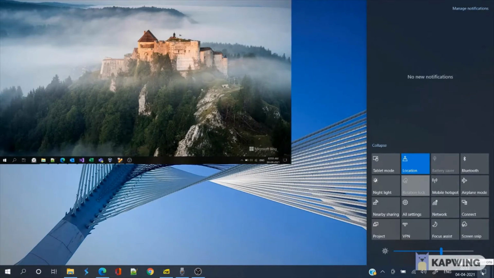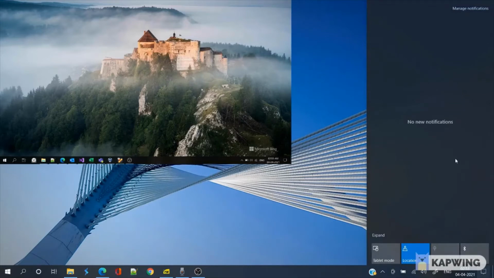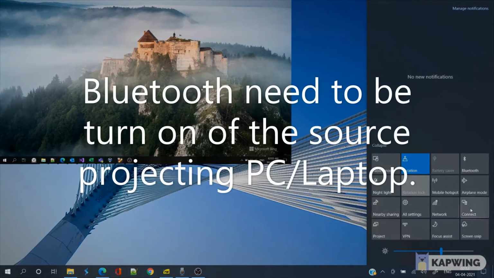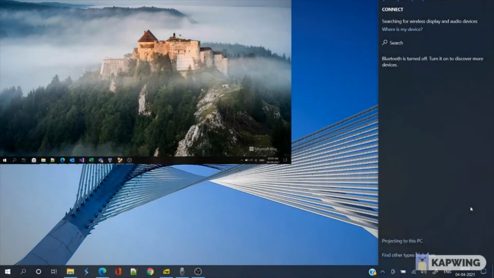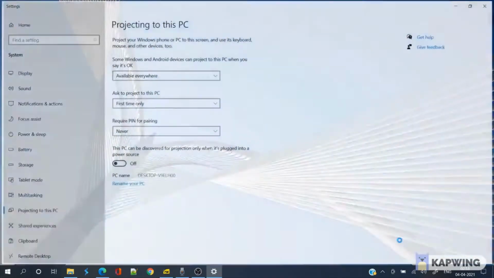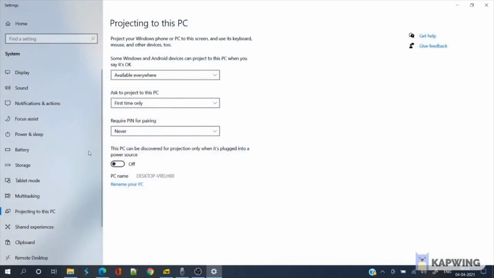First you need to go to connect. You open the control panel. From here someone might be getting this kind of view, so you need to click on expand. Then click on connect here. When you click on connect, you will see projecting to this PC. You need to go there, and you can see the advanced settings for projecting to this PC. You need to click it in these settings,